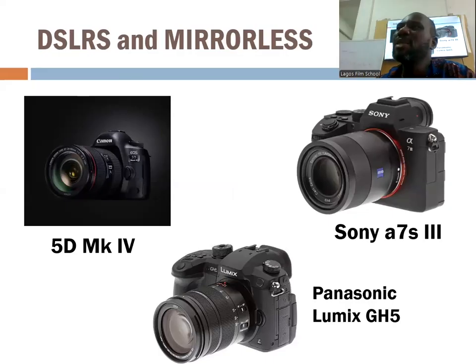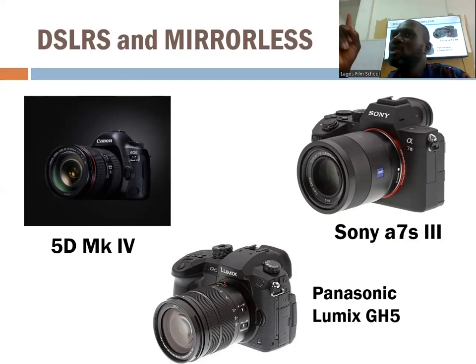Now, the mirrorless is the same thing as the DSLR with one small change. The DSLR should be called mirror camera, and then there will be mirrorless camera. Does that explain it? The technology inside a DSLR works with mirrors, where you have mirrors reflecting light before it is captured on the sensor. But with a mirrorless, they've swapped out the mirrors, which form the bulk of the size, and replaced them with a digital chip. So mirrorless tends to be smaller, same technology, same everything else as a DSLR, but it doesn't have mirrors. It now uses a digital chip.